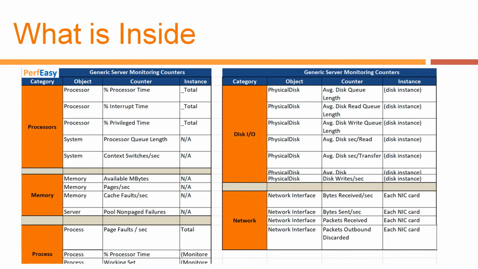We will start with a quick introduction about the Perfmon utility provided by Windows. Then we will talk about how we use that Perfmon utility, and at the end we'll also share the list of key performance indicators which we should monitor while we are monitoring the server performance. Although there are a lot of things, when we go into very detailed analysis we may need more counters, but we'll also share a few major counters. So do watch till the end.